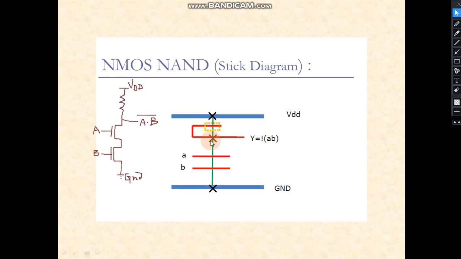So this is basically our MOSFET, and this red line shows the connection between gate and drain, and this one is the buried contact. So we have discussed the inverter with the help of NMOS, we have discussed the NOR gate and the NAND gate. I think at this point you are all aware of the NMOS structure, or the NMOS stick diagram, of the basic NMOS circuits. You can implement more stick diagrams or more expressions with the help of NMOS. Now we will discuss the implementation of basic circuits with the help of CMOS.